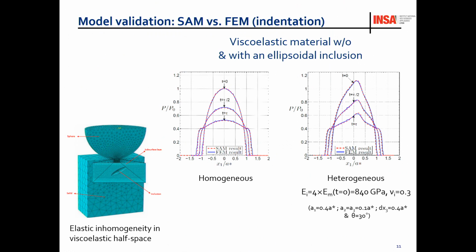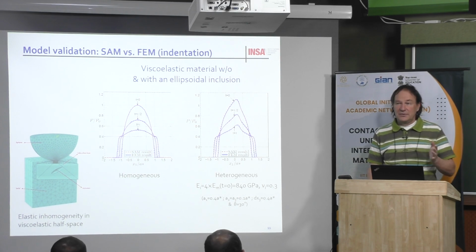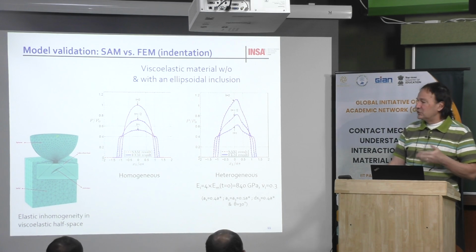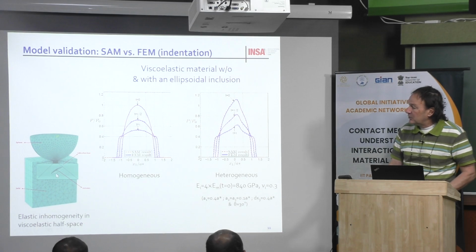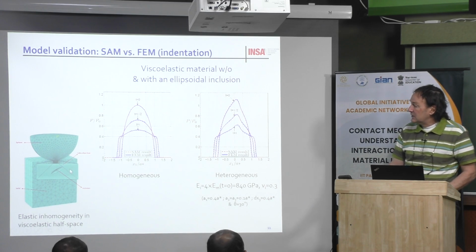Okay, let's have a look at what happens when you have an inclusion. Here you have the ellipsoidal inclusion. First, as always, we need to make a validation of that. To make experiments is quite complicated, and especially when you want to measure the pressure distribution, there is almost no tool for that. Then most of the time we use simulation by finite element method, mostly Abaqus, but it's very costly, and you have to be careful about the boundary conditions and so on. But here you can see an example of simulations with refinement of the mesh around the inclusions.